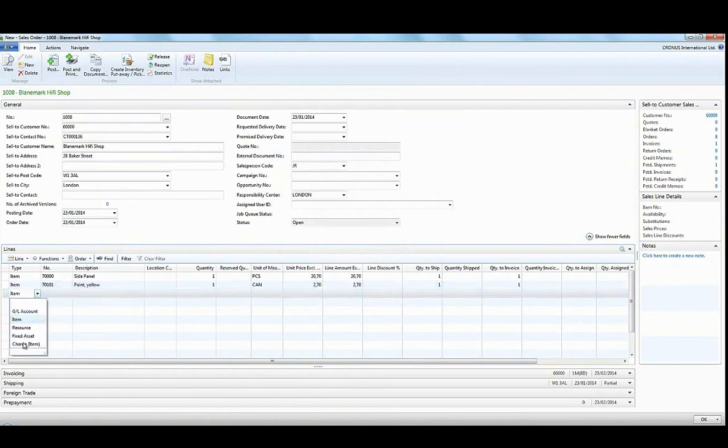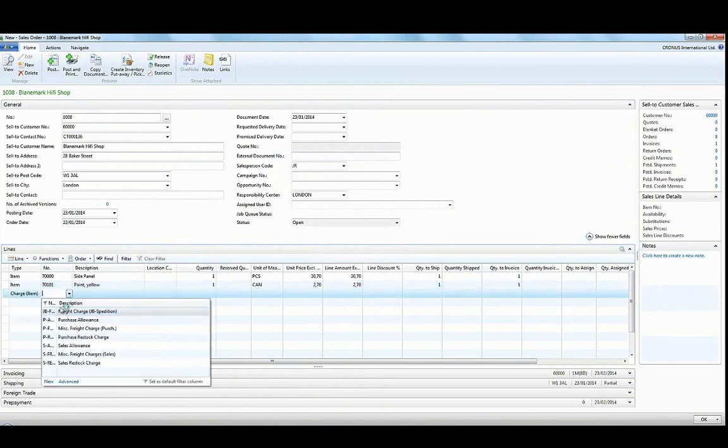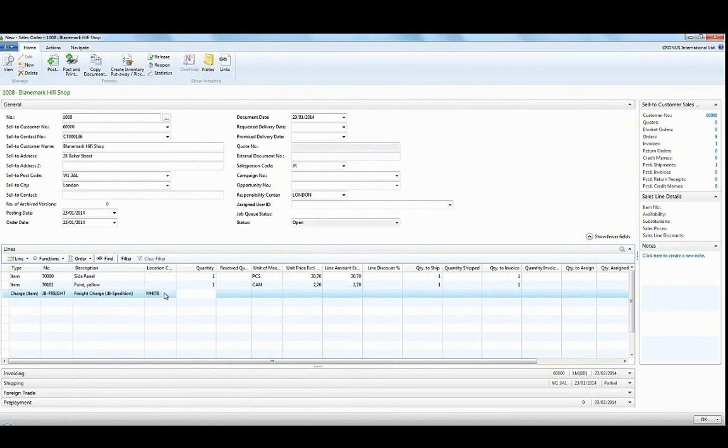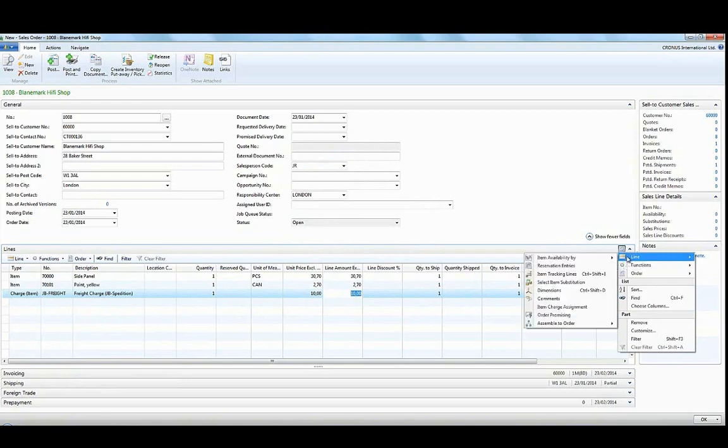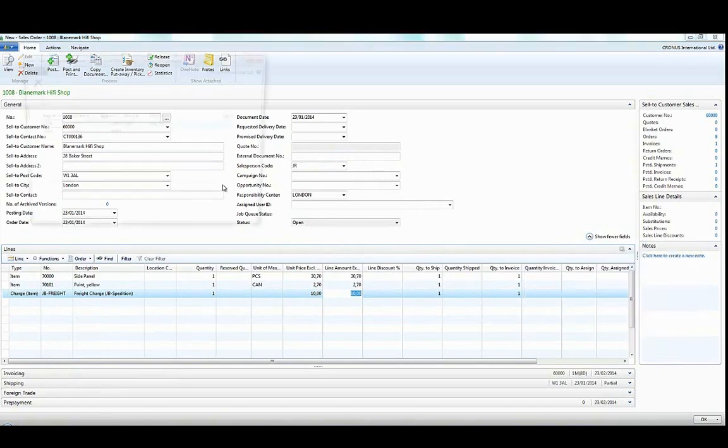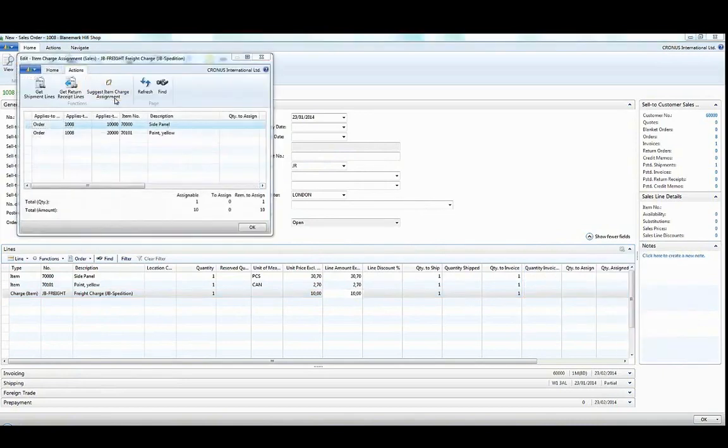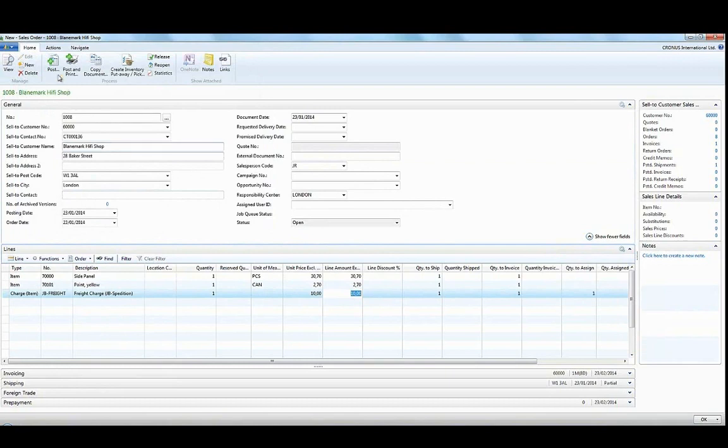In the third line, we select the charge item, we select the first one, quantity 1, and unit price 10. We select line, item charge assignment, action, suggest, equally. Okay, this has been assigned, and we now try to post, ship and invoice,